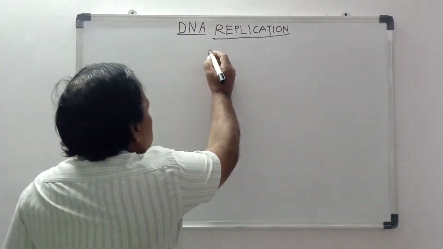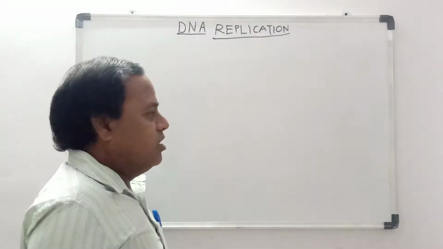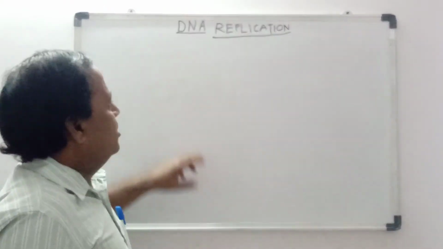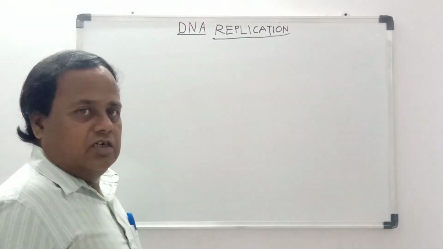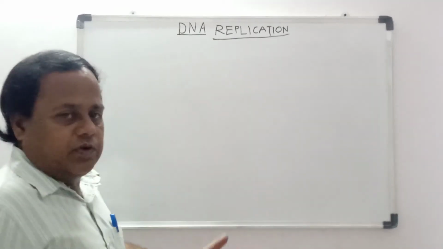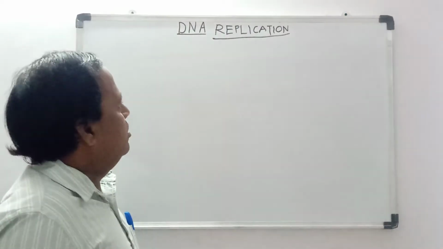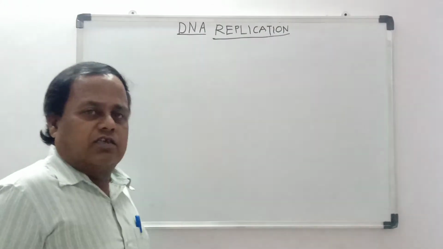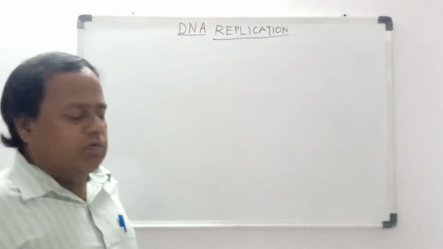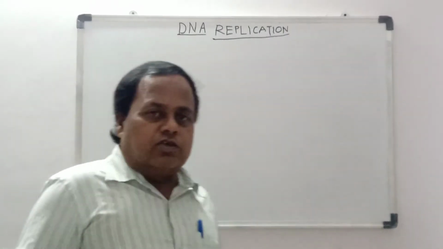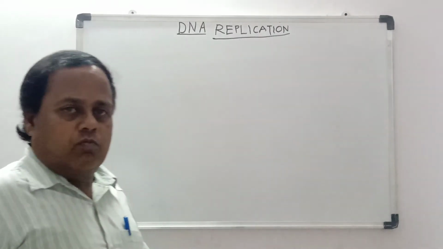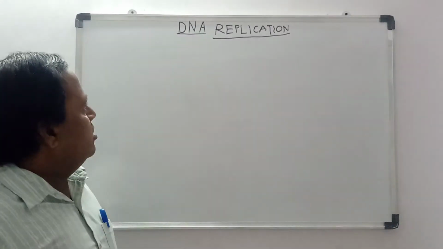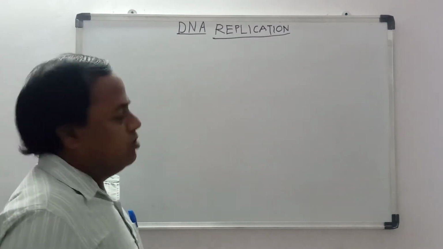Yes, students, today we are going to study about DNA replication. So, what is DNA replication? It is the process by which the DNA produces the exact copy or replica of itself. It is called DNA replication. It is a very interesting topic, the very basis of life. I think everybody should know how the cells in our body replicate, how the DNA replicates. So let us today find how DNA replicates.